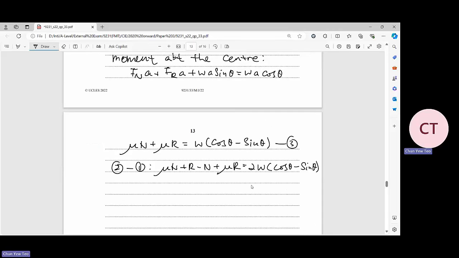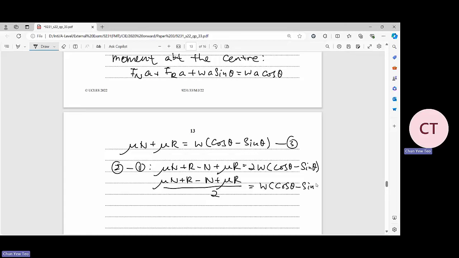Then from here, I will get mu N plus R minus N plus mu R over 2 is equal to W cos theta